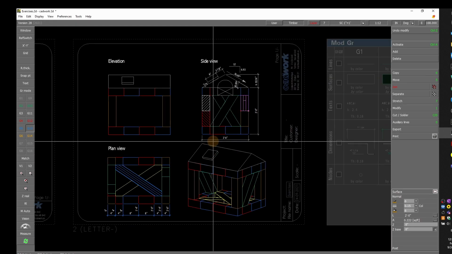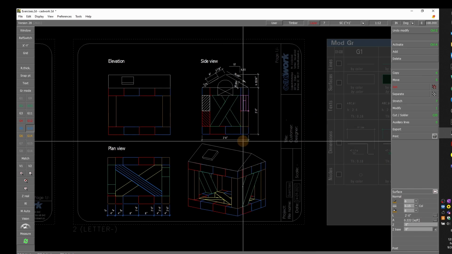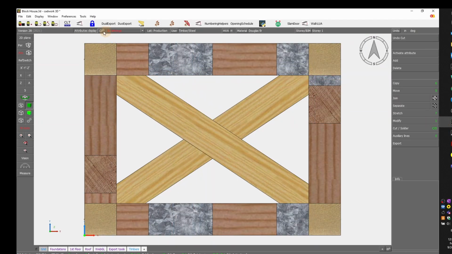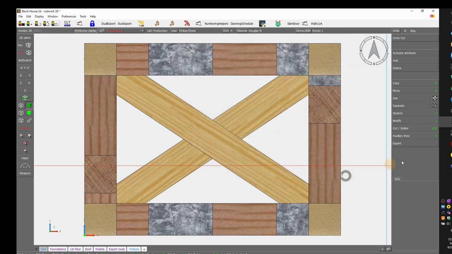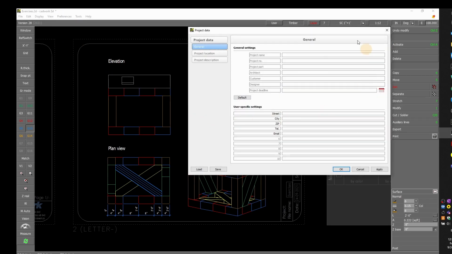Now the last thing I'd like to show you is the special text. So I showed you before that we could in 3D set the project data. So it's done. Now in the 2D, I can go to preferences, project data as well. And you see here it's empty. Instead of doing, I can load